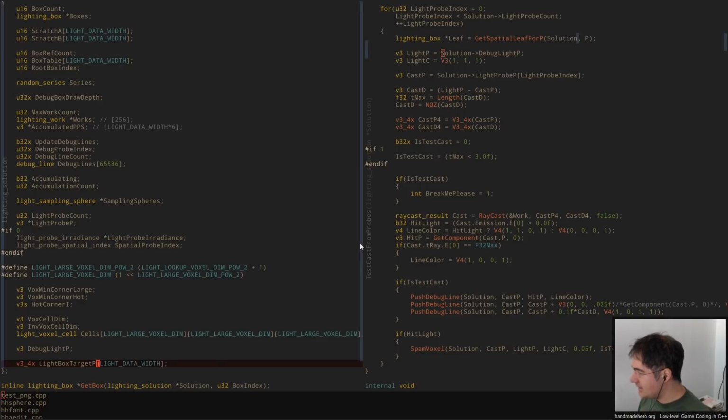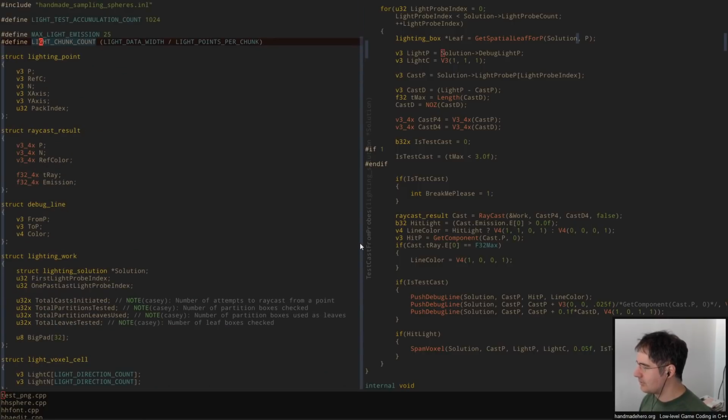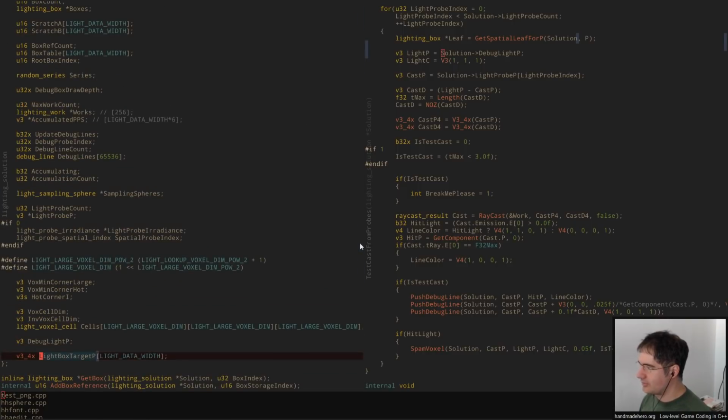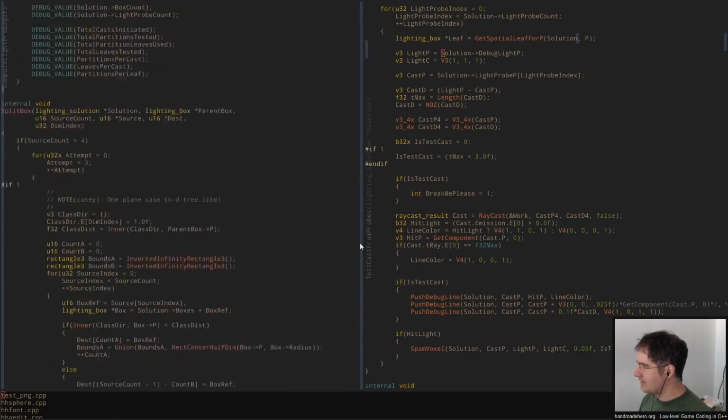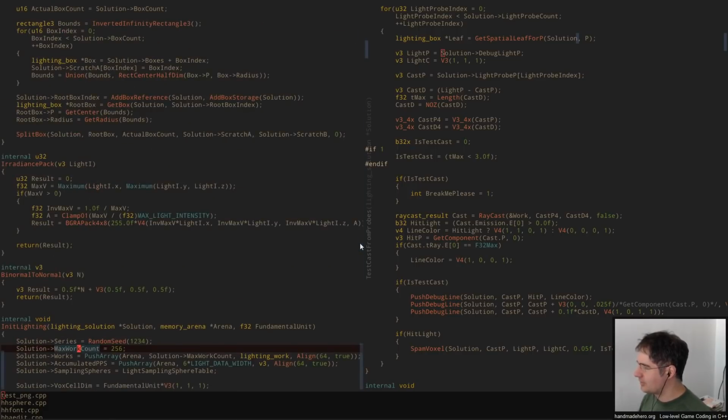So this would be the target positions for the lighting, or the places to try to aim towards. There'd be 4 of those for every one of the leaves that we would store, and we would look it up using just whichever leaf we were actually in, right? So we could get the box index. And I guess the box index is sort of what we want to return for the leaf itself. We don't actually need this information, so I guess it's more like this,